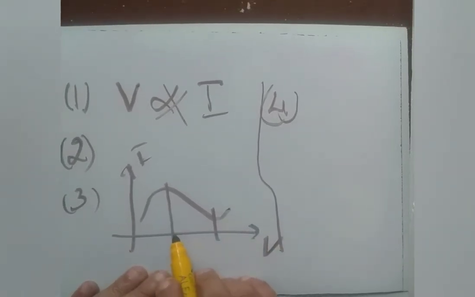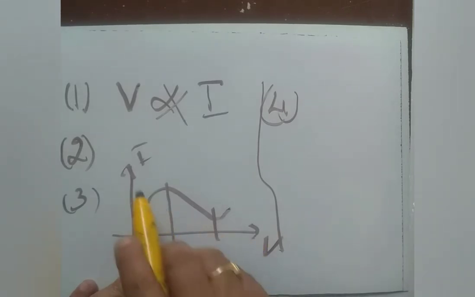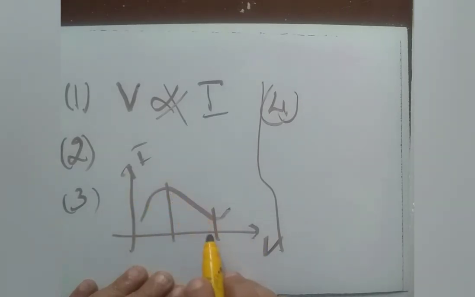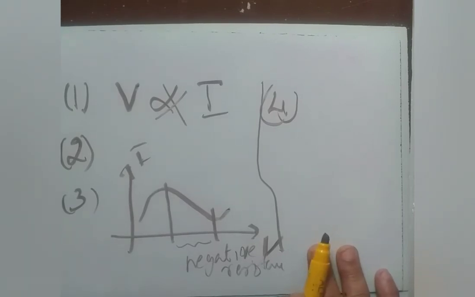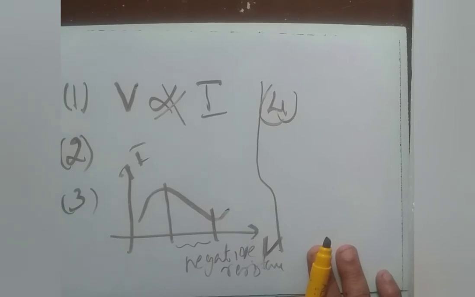We look at this graph. In this graph, as V increases, I decreases. It has negative slope. Therefore, we call this region the negative resistance region. Because the slope is negative, R, which is V by I, will become negative. That's why we call this the negative resistance region. Negative resistance means as we increase the voltage, current decreases, opposite to Ohm's law. In Ohm's law, as voltage increases, current should increase. Here the opposite happens. That's why the slope is negative, and we call that the negative resistance region.